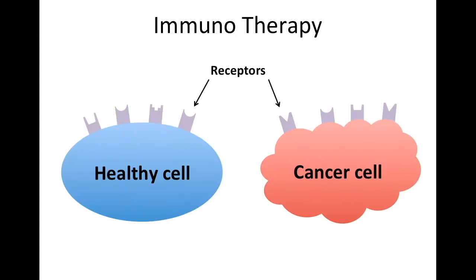The other aspect of photoimmunoconjugates is immunotherapy. All cells contain proteins called receptors on their surface. These receptors are critical for normal cell function and help the cell communicate with its surroundings by binding to molecules in its environment. In some types of cancer, however, the cells express certain receptors in numbers far greater than any